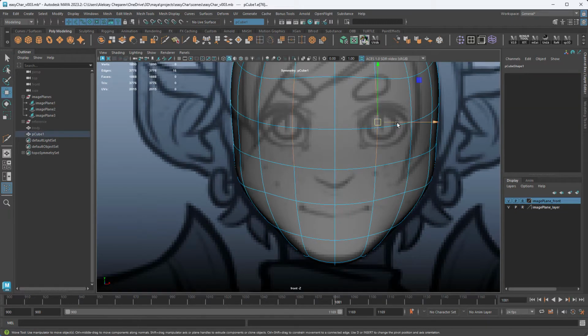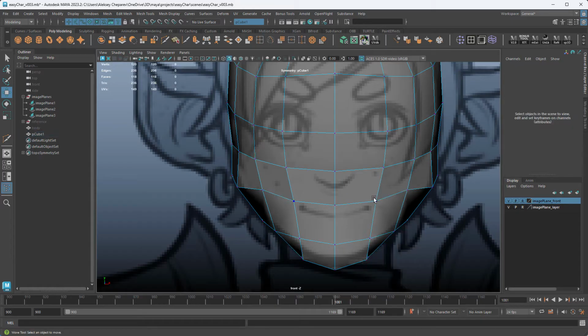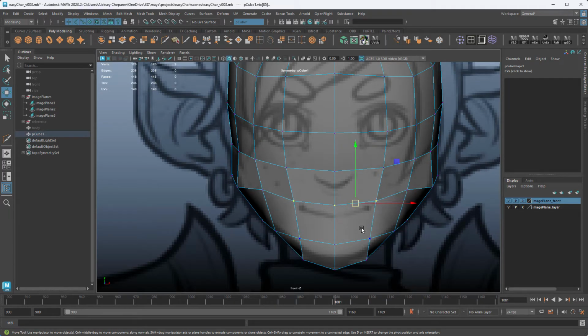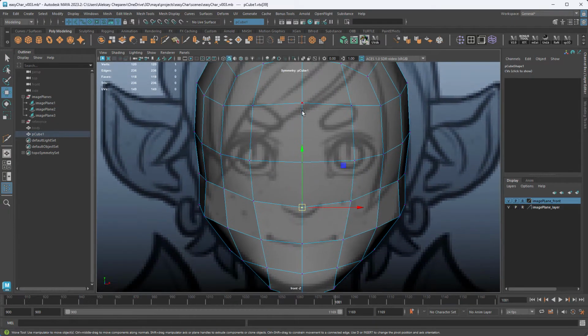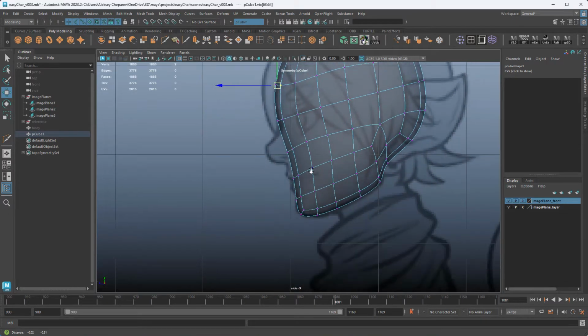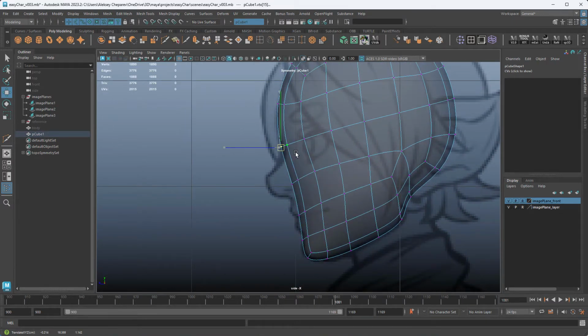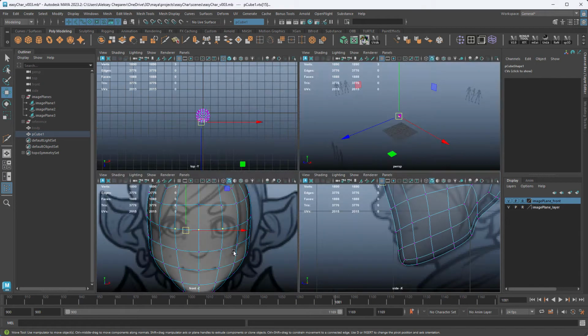We just need to take these lines and move them over like that. We need a line for the mouth, so we'll take these lines here, move them down, bring this down, and then the nose will be somewhere around here. We have the eyes, now we have the mouth, and let's put in some basic geo for the eyes and mouth. All we're doing right now is building the topology. We're trying to stick to the reference material as much as we can, but we're mostly concerned about topology right now.